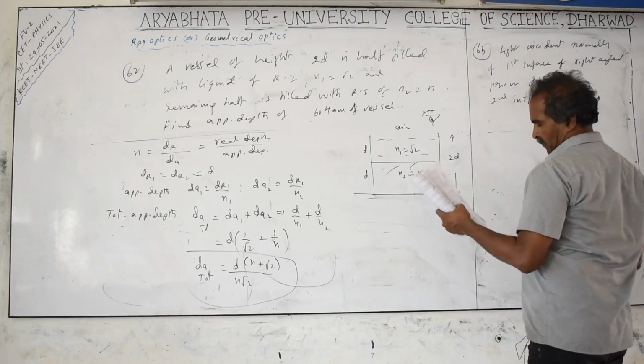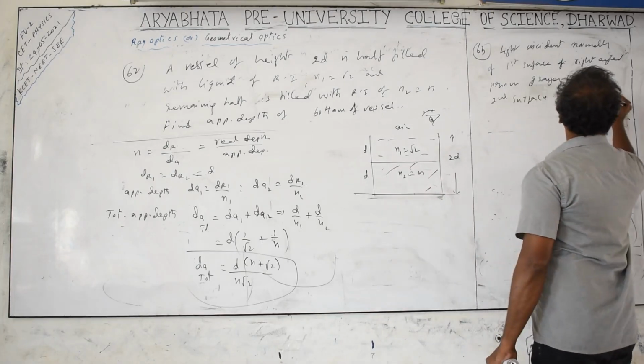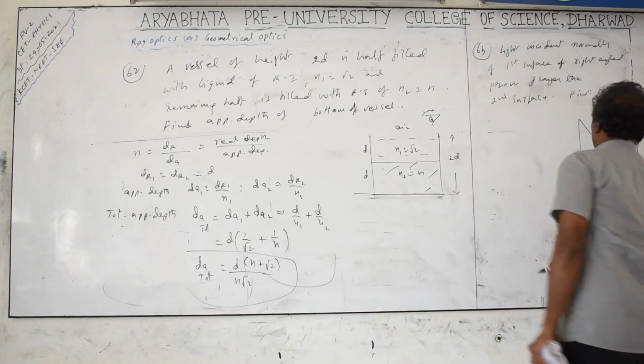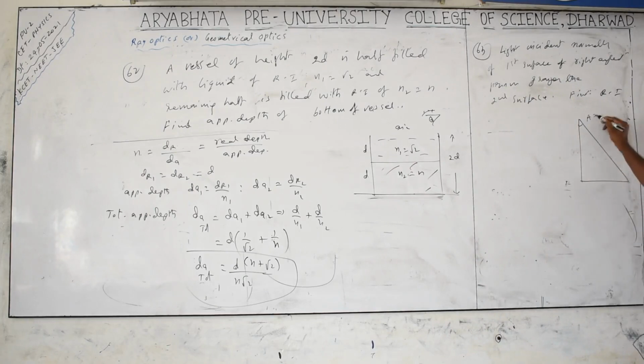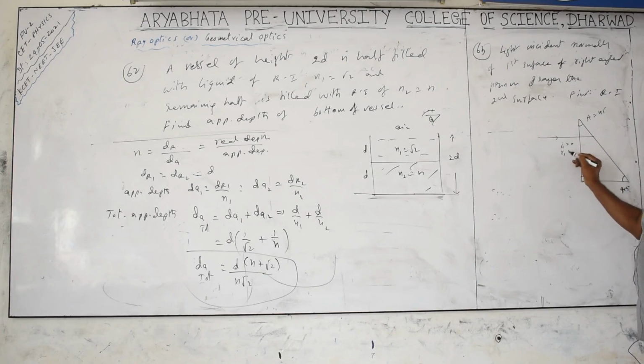In the diagram, take this angle, the angle of the prism, equal to 45 degrees. This is also 45 degrees, for the right angled isosceles prism. The light ray falls normally here, so there is no deviation: i1 equals 0, r1 is also equal to 0. Take the normal here. Since light is grazing the surface, this is going to be the critical angle, so r2 equals C.